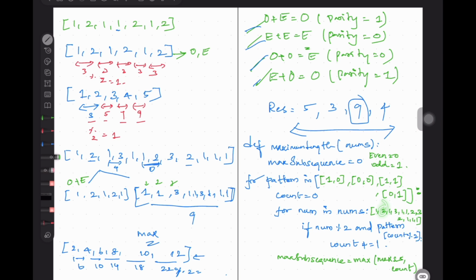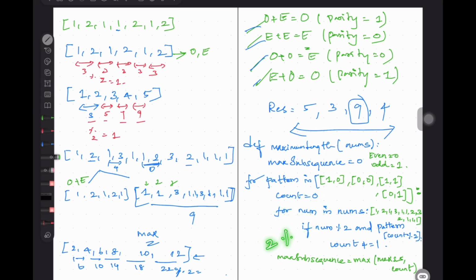Next, I want to find out the even element. This means 0. So 2 mod 2 will give me 0. Pattern of count is 1 mod 2. Now I have to check the pattern at 1. Count now got updated to 2. Next comes 1. Now what element do I want? Odd. Odd plus even means first element should be odd, second element should be even, third element should be odd. So if I found the count 2, for the count 3 it should follow the pattern again, 0, right?